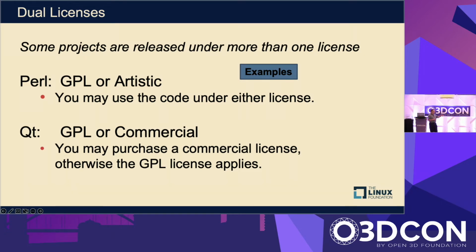Qt, I think this is a little bit better example. It's available under a GPL or a commercial license. So it's not just the choice of two open source licenses. Why would they do this? Well, Qt is a commercial company. And by the way, I know Qt is a dependency for Open3D Engine. So if you're using Open3D Engine for a commercial product and you're basing your commercial product on O3DE, this is actually pretty important for you to understand if you have Qt as a dependency for your product as well.